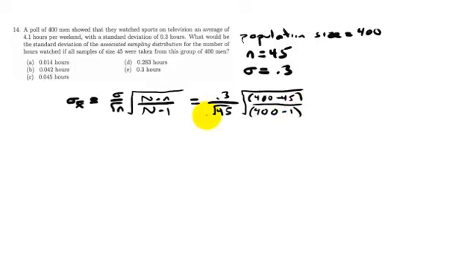Okay, so I'm going to plug that into the calculator. So 0.3 divided, and you kind of want to plug all this in at once. If you're not going to plug it in all at once, let's say you were going to do this one, and then get a number, round to a lot of decimals, like at least 5. I'm going to type it in all at once, and if you're not getting what I get, please come see one of us to make sure that you can do it. When I plug it in, I get